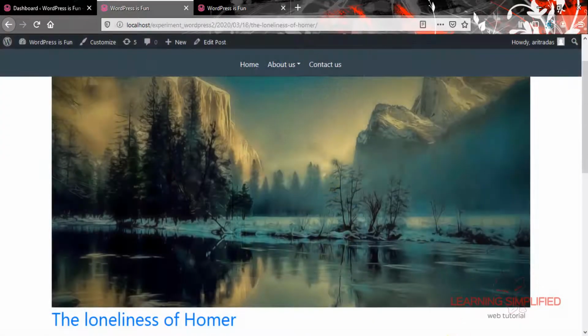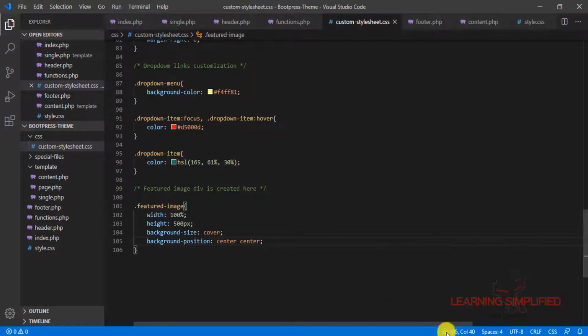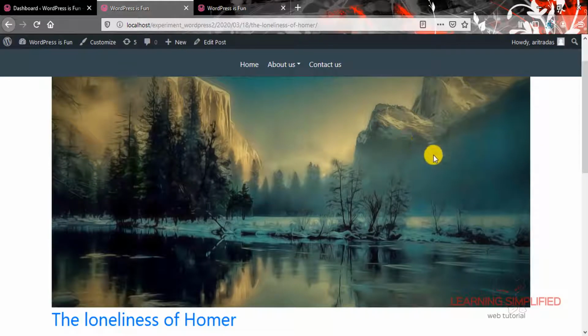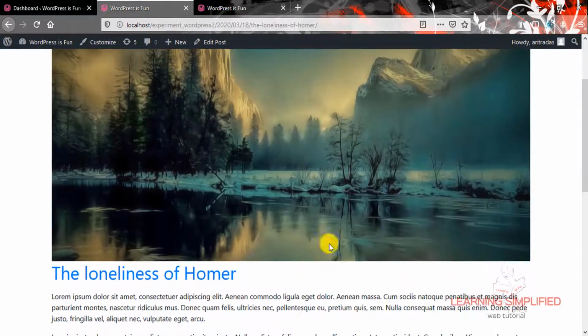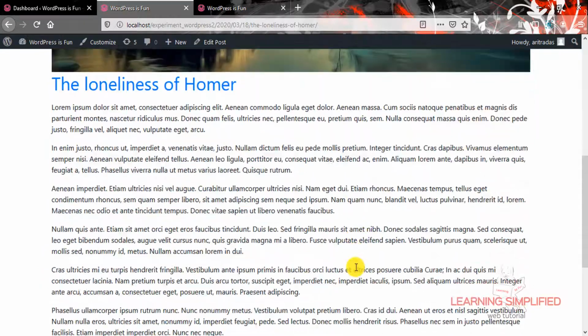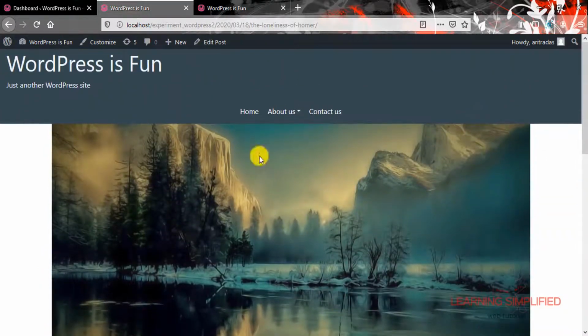Now another thing that we could have done right over here: as this image is now acting as the background image of a div element, we can put all those contents into this individual div right over here.